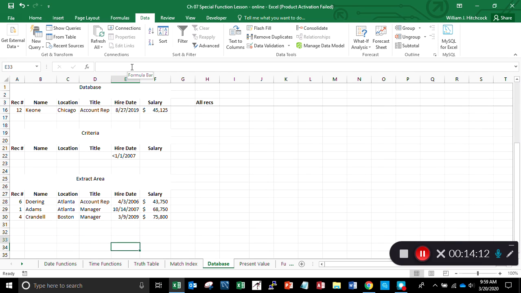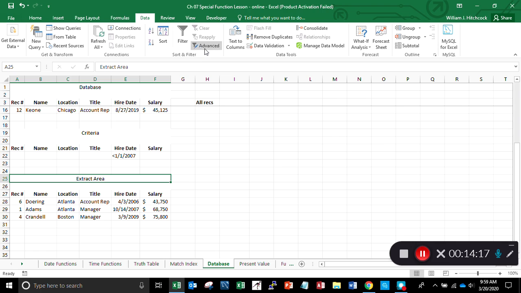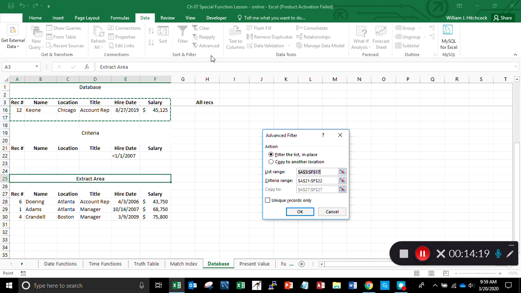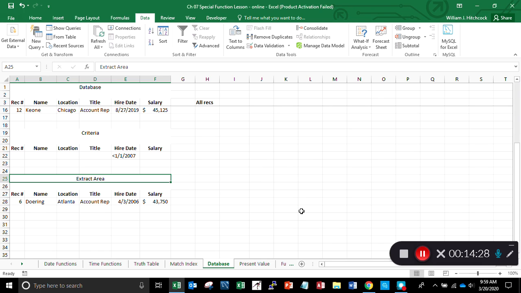I'm going to come down here near the extract area and run my advanced filter again. I want to copy to another location. It looks like I've got all that set up from before, so I'll hit OK. And there it goes. It extracts just that 1 record. And notice that it gets rid of anything else that I had in here, which is kind of good and bad. If you have some other data that's underneath here,